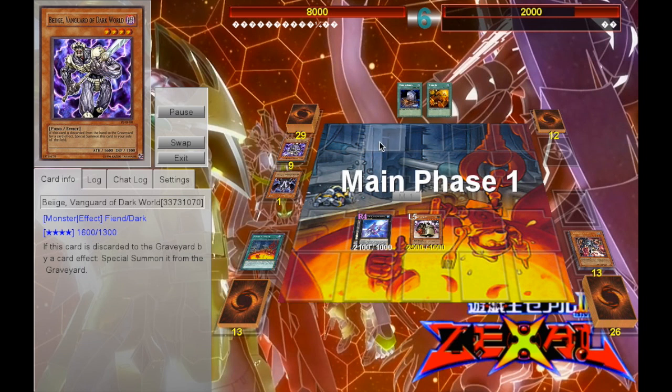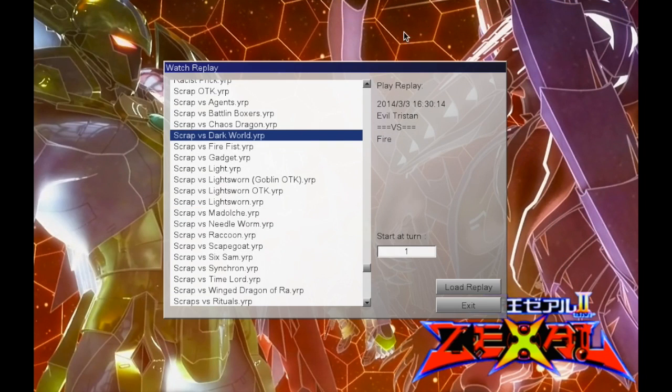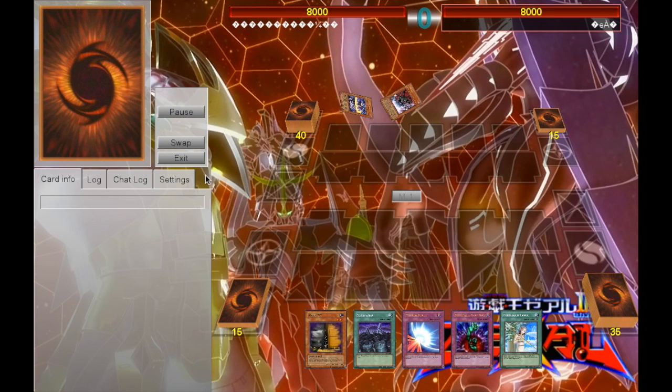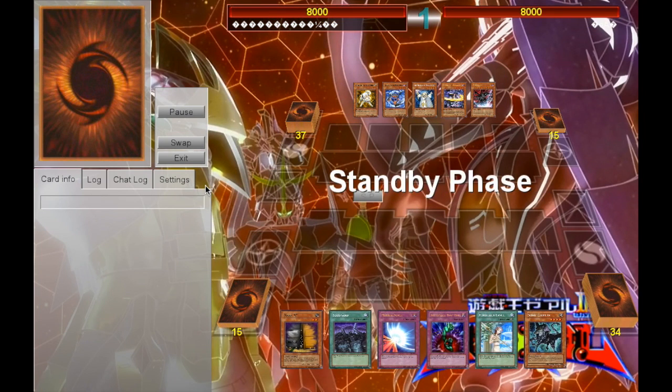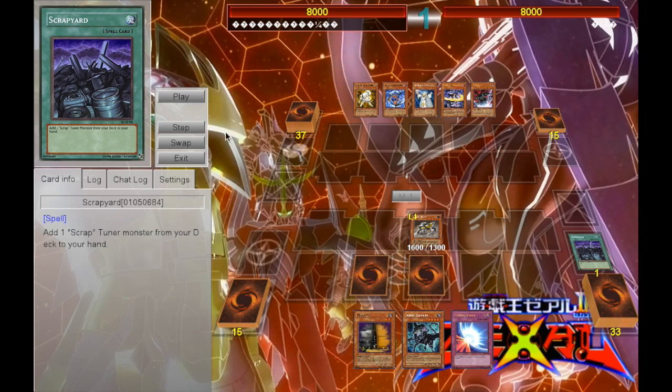And my opponent will scoop after Foolish Burial, and he's gonna leave. So that's one duel. Didn't grind much. I had mostly control. Chaos Dragons are next. Drew a horrible hand. In Scrapyard, that's pretty much